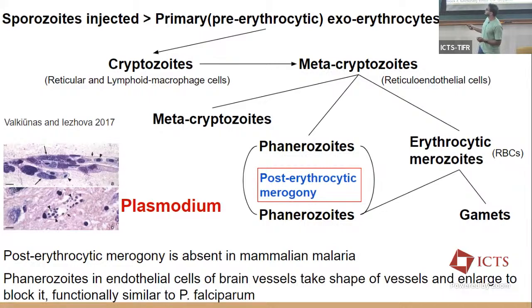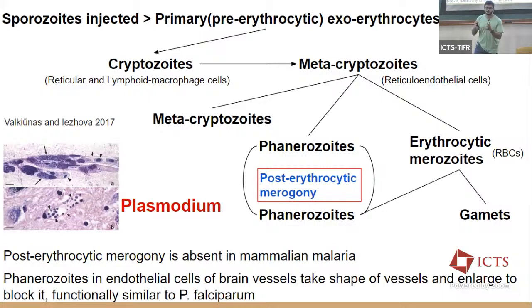Those metacryptozoites are able to differentiate in three different ways. One is they can give rise to more metacryptozoites. They can become phanerozoites, which is another phase which stays mostly in the capillary endothelial cells. And third is the erythrocytic merozoites, which are able to infect the RBCs. When these erythrocytic merozoites rupture through the RBCs, some will become gametes, and some can again induce more phanerozoites. This is the post-erythrocytic